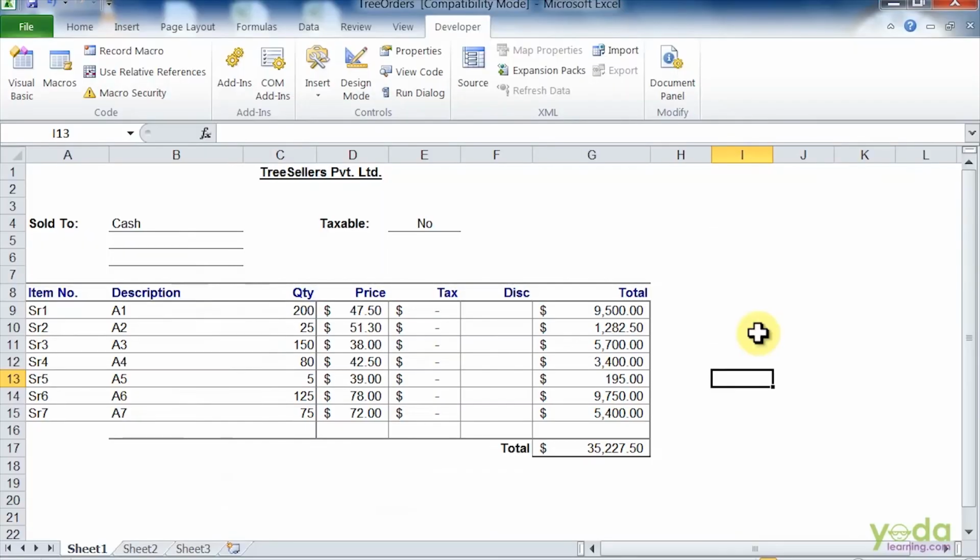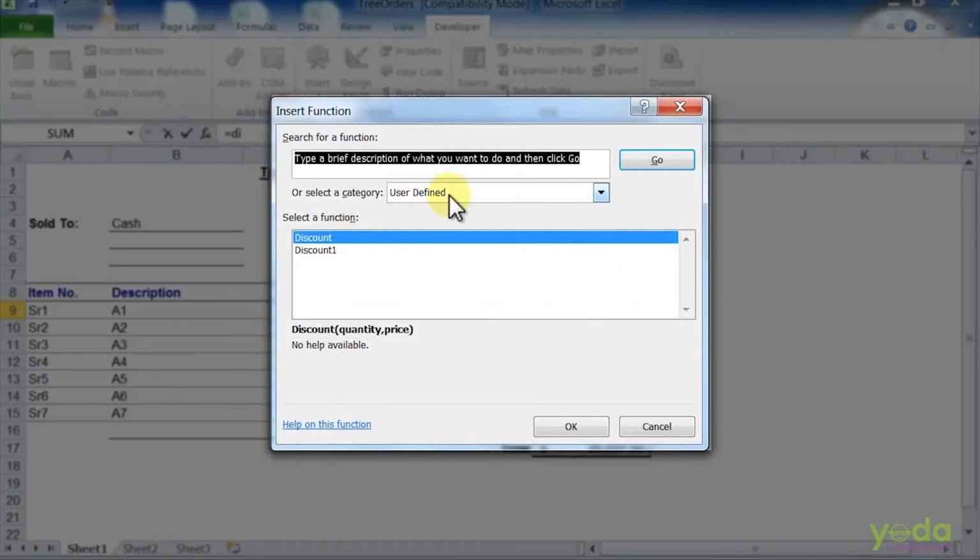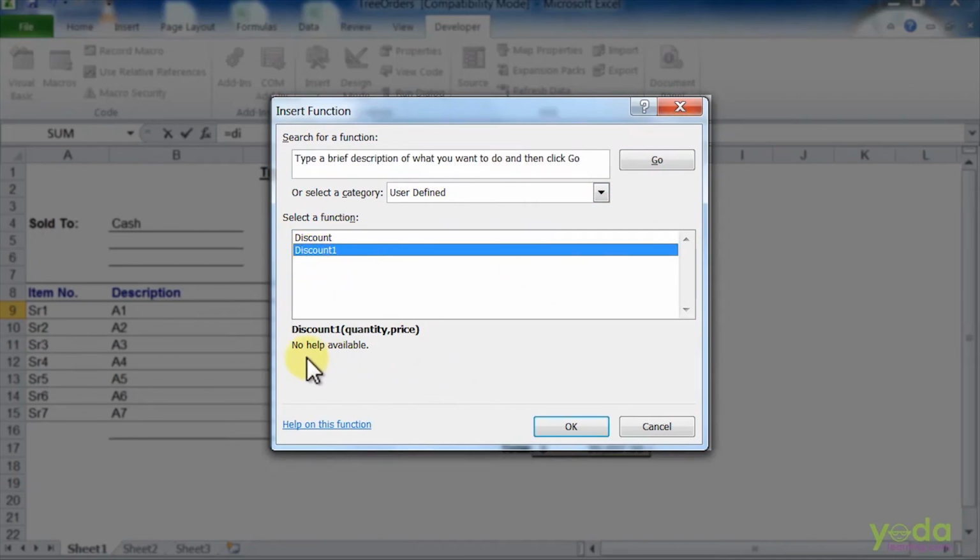Now if you want to use this function, say for example I want to use the function discount 1. So I want that a description should appear related to discount 1, which will help me guide through the function. So I will go to the functions wizard again. Here I have the user defined functions selected. I will say discount 1.